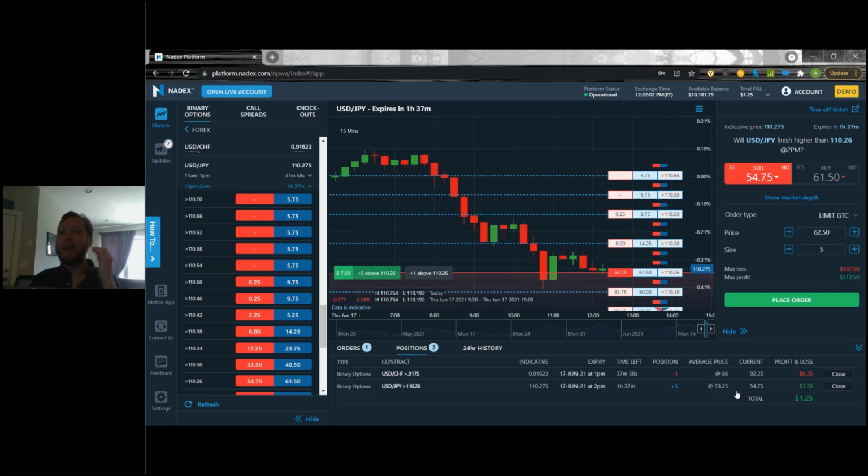So if I get into a contract on the buy side and I want to close out early, I have to close out on the sell side of the contract, right? I buy to get in, I sell to get out. So this is telling me, okay, if I want to exit this contract right now, this is the price I can get on the open market for the contract that I currently own. So I can currently get $55.25. That's how much they'll pay me for it right now.